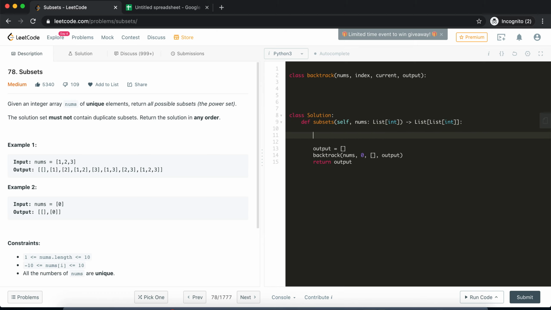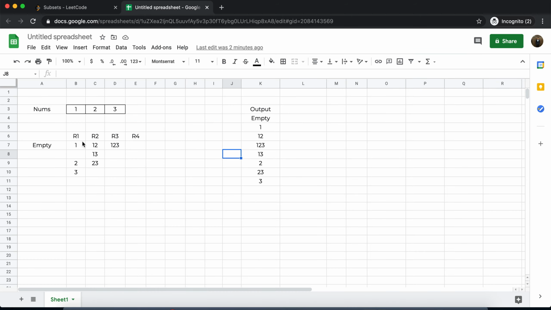One thing is left, we need to do the input sanity checks. So let's quickly do that. If the array is not present or the array is empty, then we cannot generate any output. Now, the first thing, as I mentioned in the explanation, is that the first job of the recursive function is to add whatever permutation has been passed to the output.